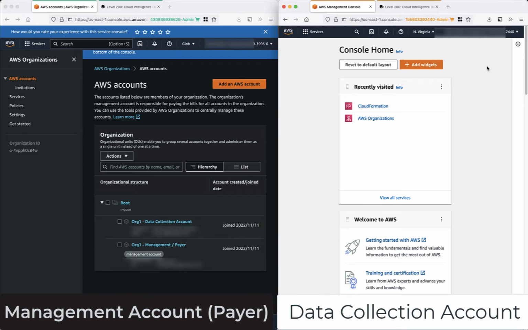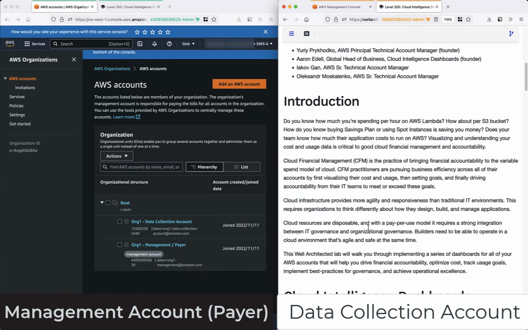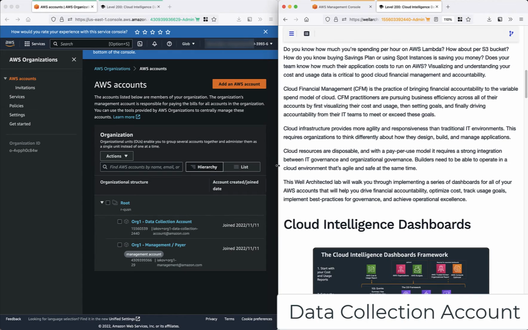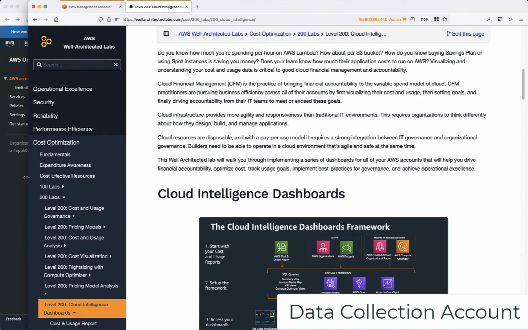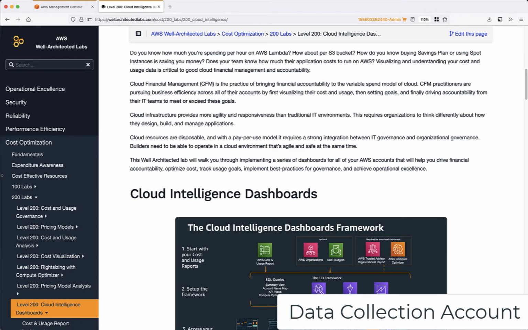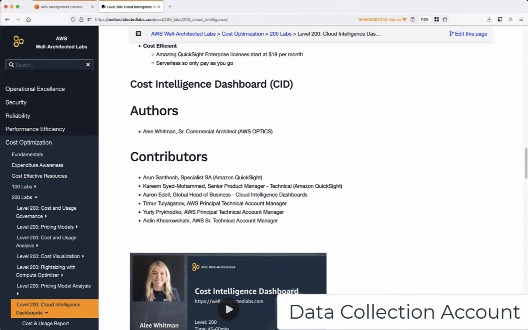Because all the data will be collected in this account. We will produce the cost and usage report in the management account and then transfer it to the data collection account. So let's open the Well-Architected Labs and then scroll all the way down to the